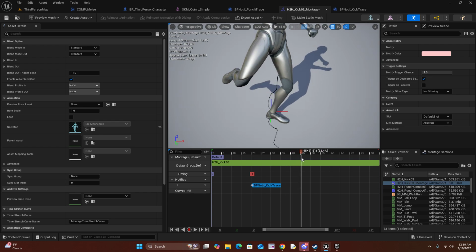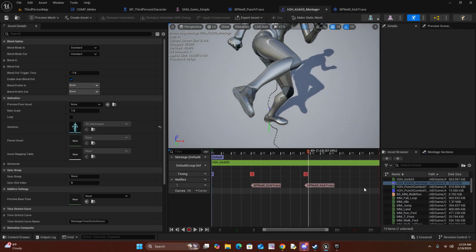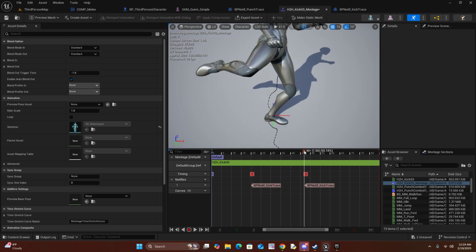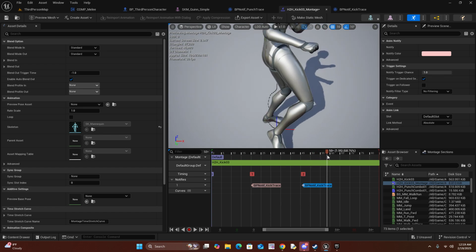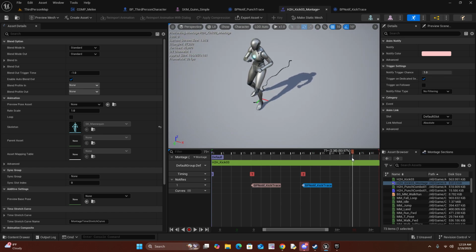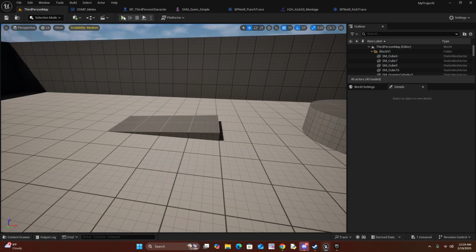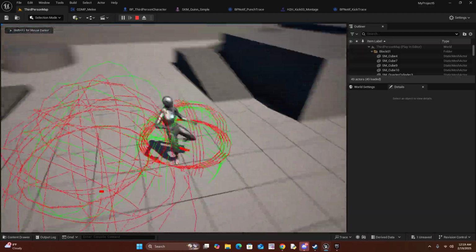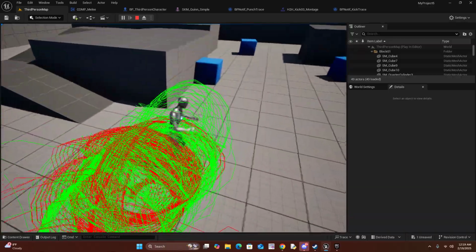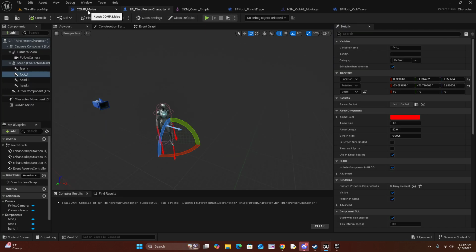Let's see what the next kick is. Boom. Add notify kick trace. Same thing. We want it to kind of start as the foot's coming around to snap. Bam. All right. Save that. Go back to our map. And there we go. Now we're getting our punch and our kick traces, but we need to make sure that we're calling the actual end of this trace here,